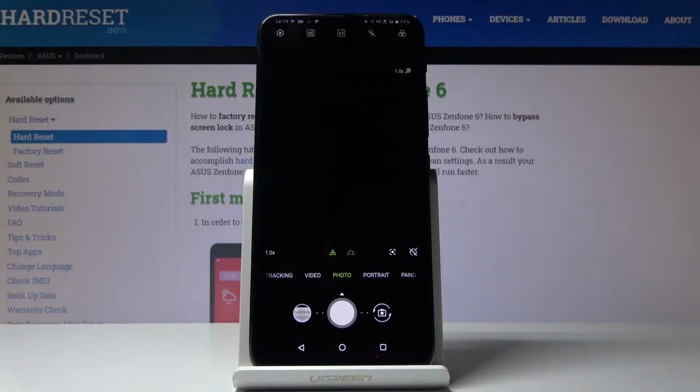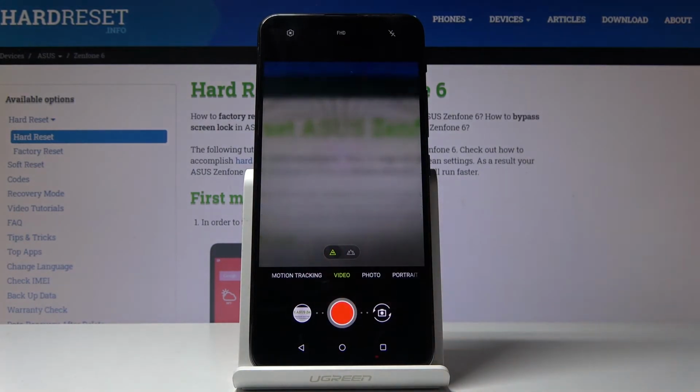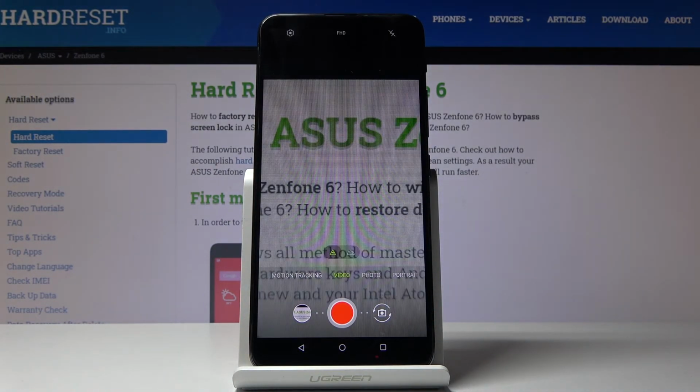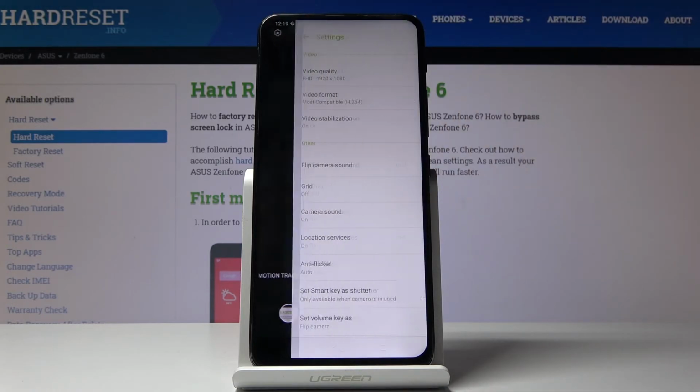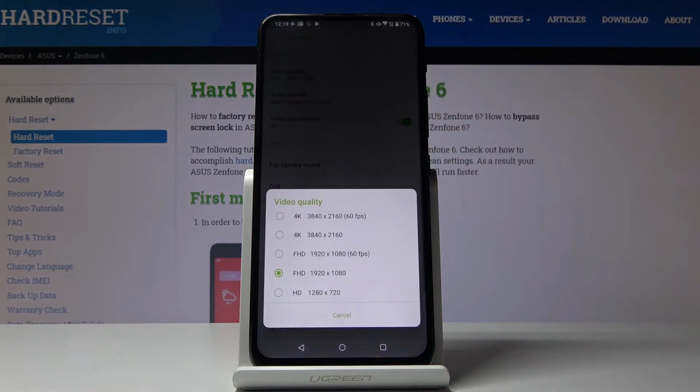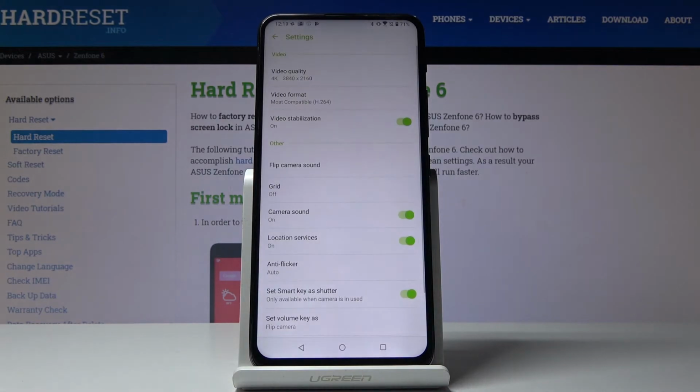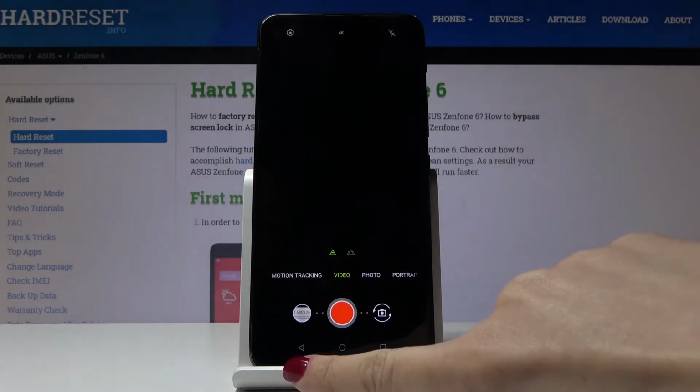Let me go back to the camera, and then if you would like to go back to the previous setup or if you would like to change it again, just select the settings, pick video quality, and let's go to 4K for example. And that's it. As you can see, this is how you can smoothly and easily